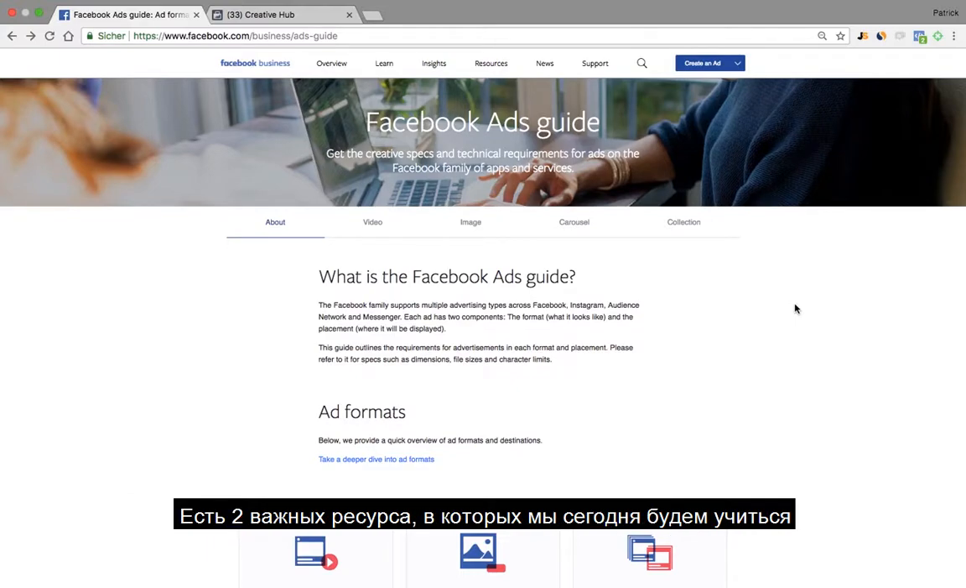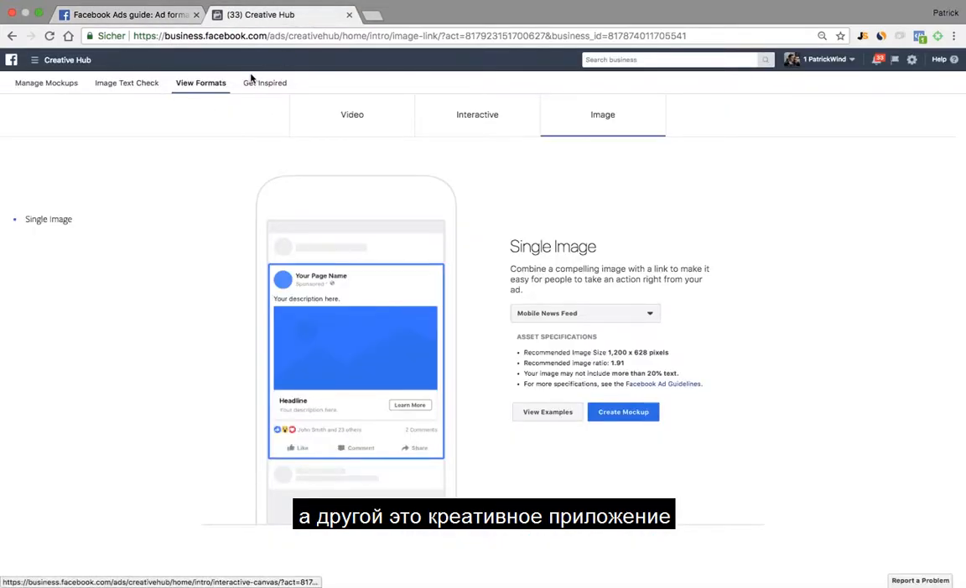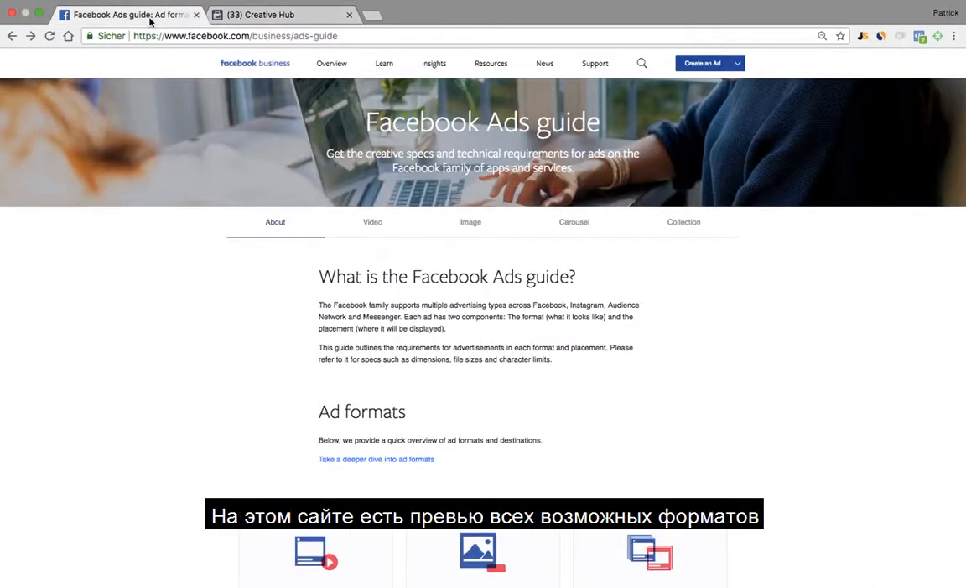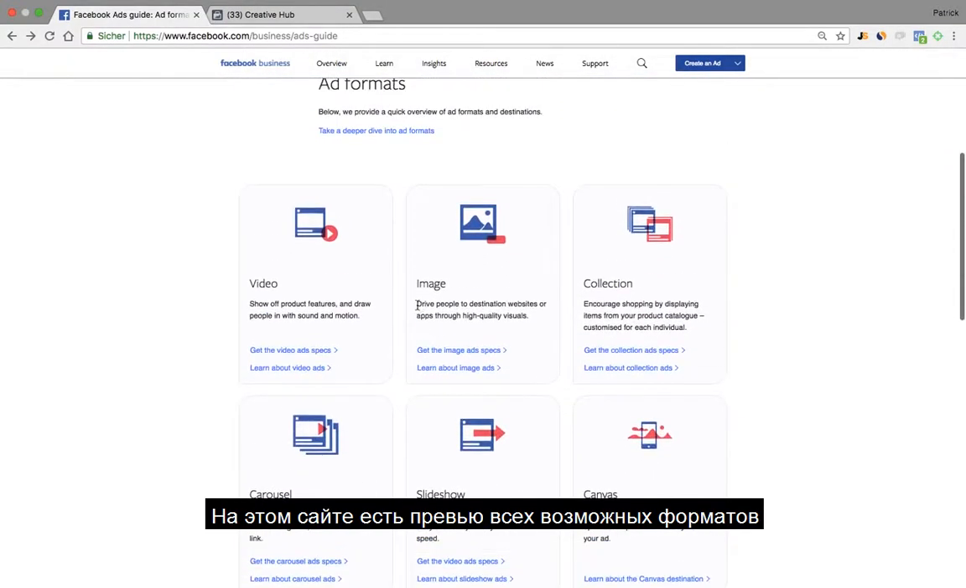So basically there are two important resources that you have to have in consideration. One is the official Facebook Business Ads Guide, and the other one is once again the Creative Hub. Let's get started with the general one, and then let's dive deeper with the Creative Hub. Here in the Business Ads Guide, you see it's basically a general overview of all the different